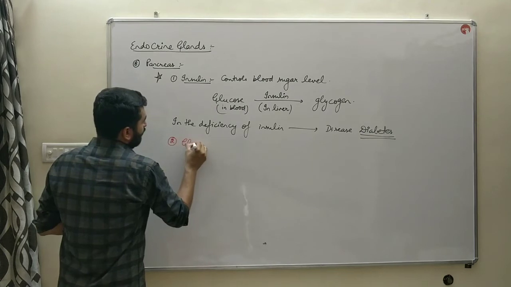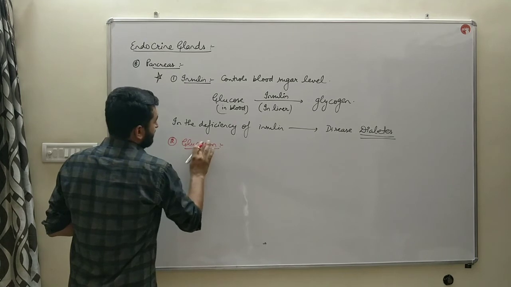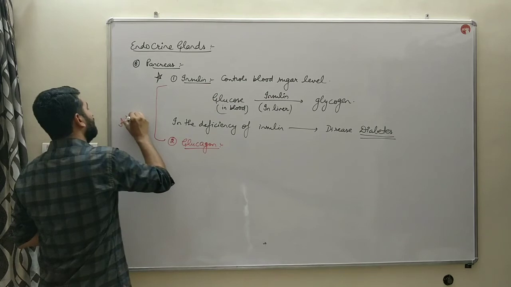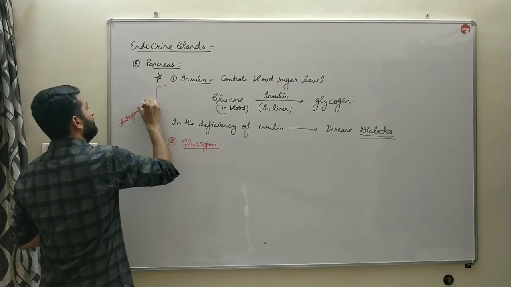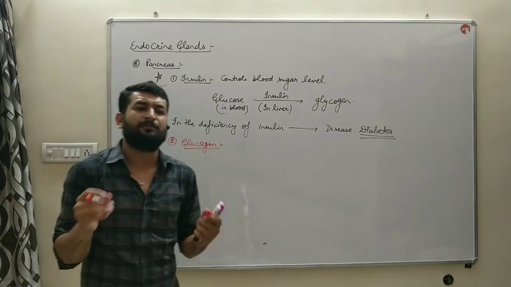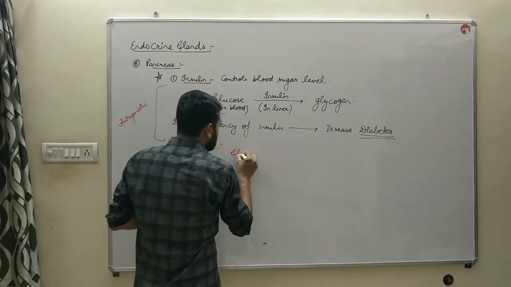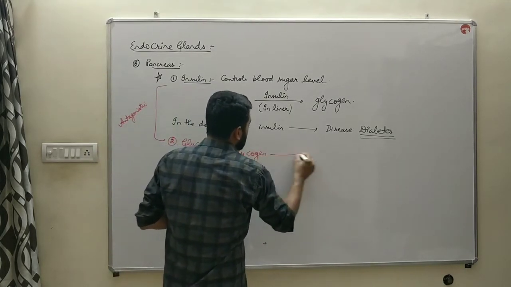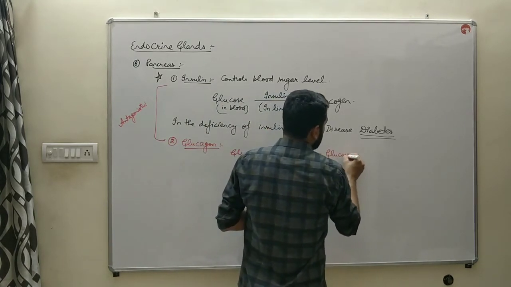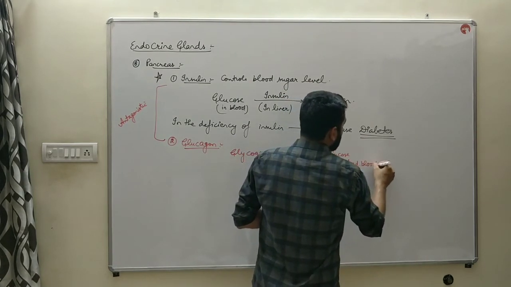Second, glucagon. It's glucagon. These two are antagonistic to each other. Antagonistic means exact opposite to each other. If in certain cases our blood glucose level is reduced, then the glycogen which is stored in liver is again broken down, it splits up into glucose, and that glucose is dissolved in blood,